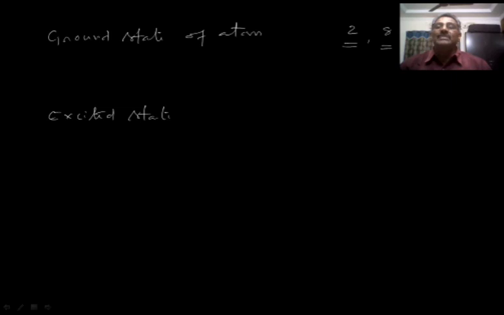If the electrons occupy the orbitals in their lowest possible energy levels, that is, the lowest possible energetic orbitals, then that state is said to be the ground state. For example, hydrogen. Hydrogen's atomic number is 1. It has 1 electron only. The lowest possible energetic state of hydrogen is 1s. There exists only 1 electron, so there will be 1 electron in the 1s orbital. This is the normal state or ground state of the hydrogen atom.